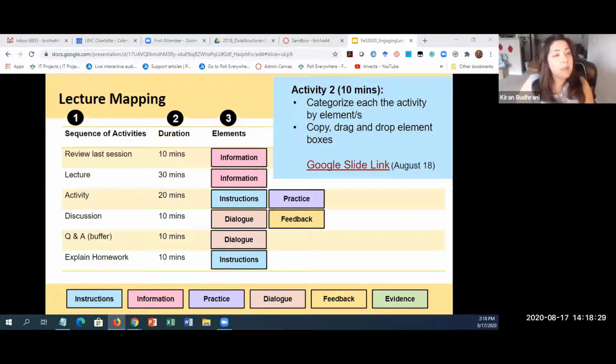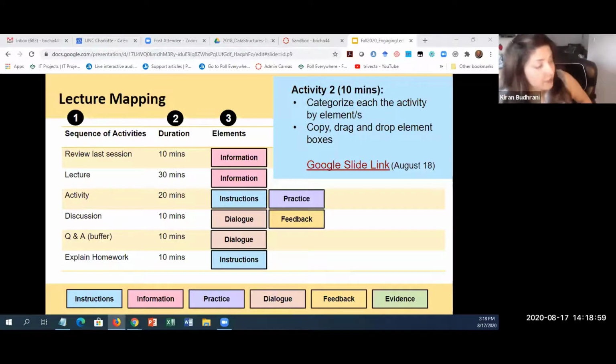So we want you to attempt this. Take a stab at classifying your sequence of activities. Going back to your slide earlier, you'll have the different boxes in the bottom row. Each of these boxes is an element. You can copy and paste these boxes. They're just shapes. Select them, copy and paste them, and drag them to the specific activity row to create that sequence of boxes.